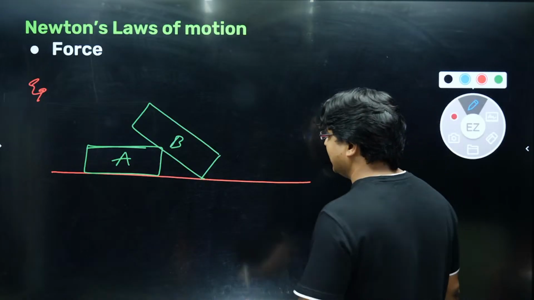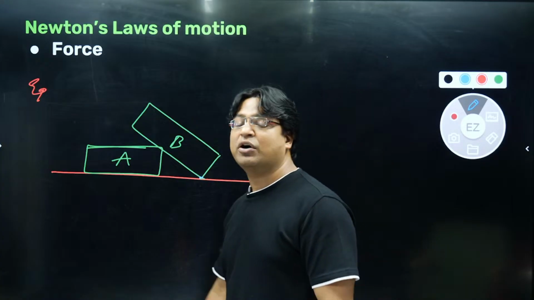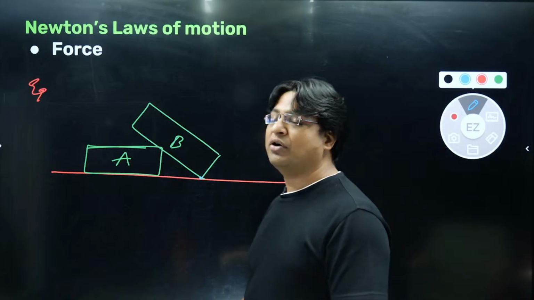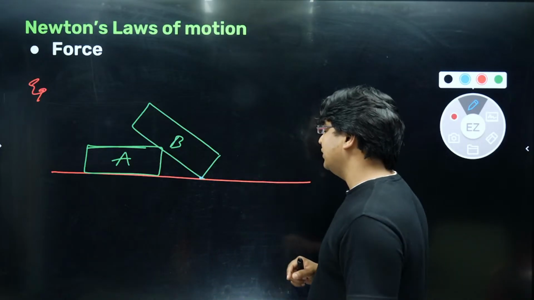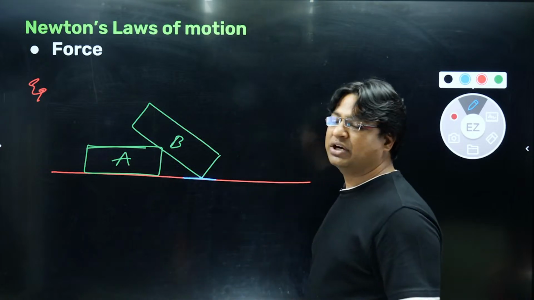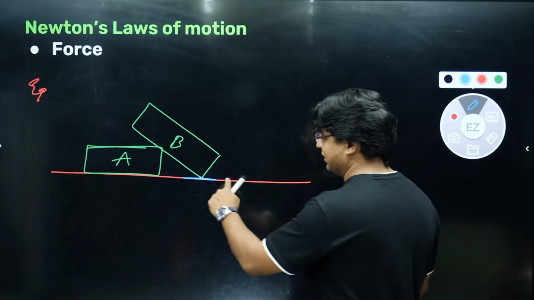Okay, now here if I try to draw the normal force, we have a corner of B, and at corners we can't draw normal, we can't draw tangents. So which direction should I call as the normal? So what you do, B is in contact with the floor, and this is the region where B is in contact with the floor. So you may not be able to draw the normal at B, but you can still draw the normal at this surface.